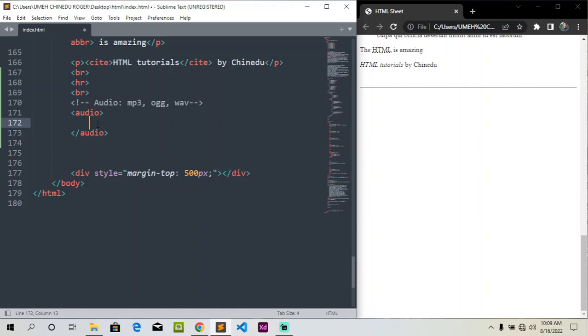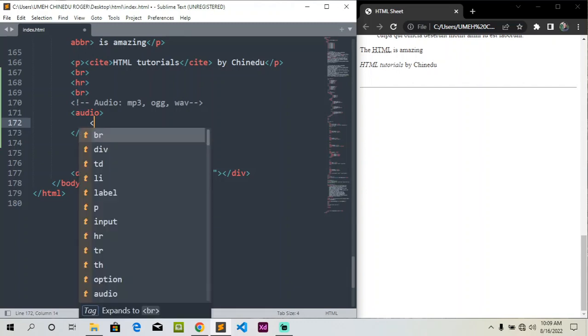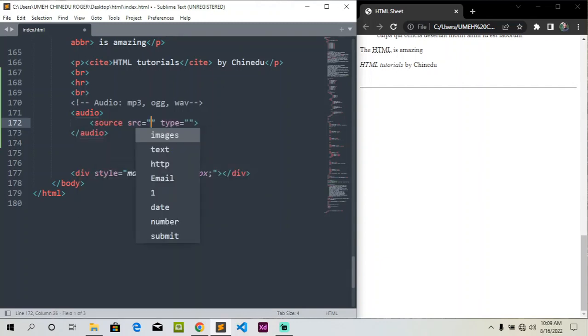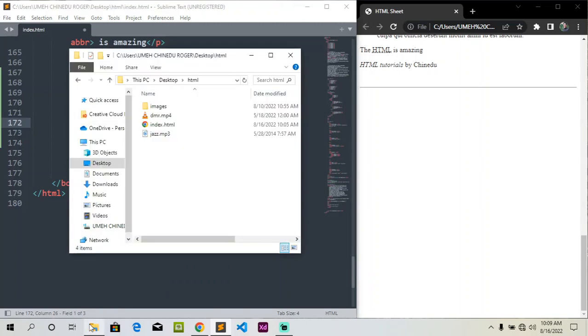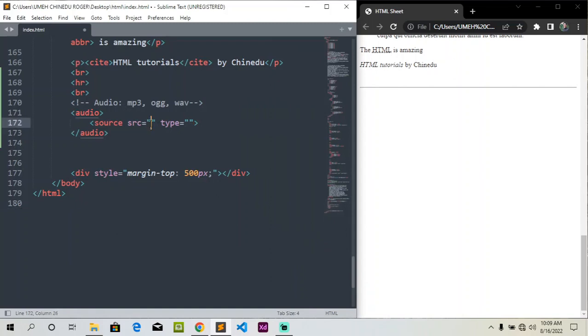To put in the audio file, we use the source to tell us where the audio is, just like we did with images. Source, and then we put in the source address. Because the audio is in the same directory as our HTML file, we just put in the name here directly. I think you must have understood this when we did the images. If you don't understand this, go and watch the image video in the previous class. So we put in jazz.mp3,